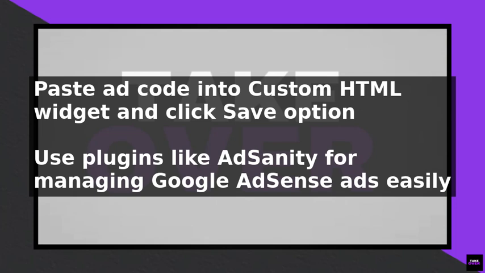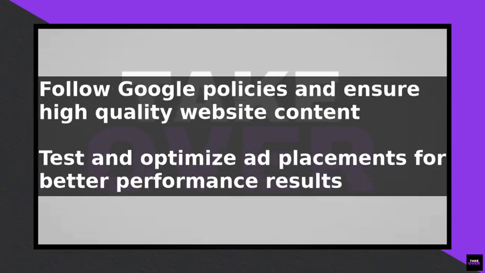Best practices for using Google AdSense on WordPress include complying with Google's policies, such as not clicking on your own ads, and ensuring that your website content is high quality and relevant to your ads. It is also important to test and optimize your ad placements to ensure that they are performing well and not